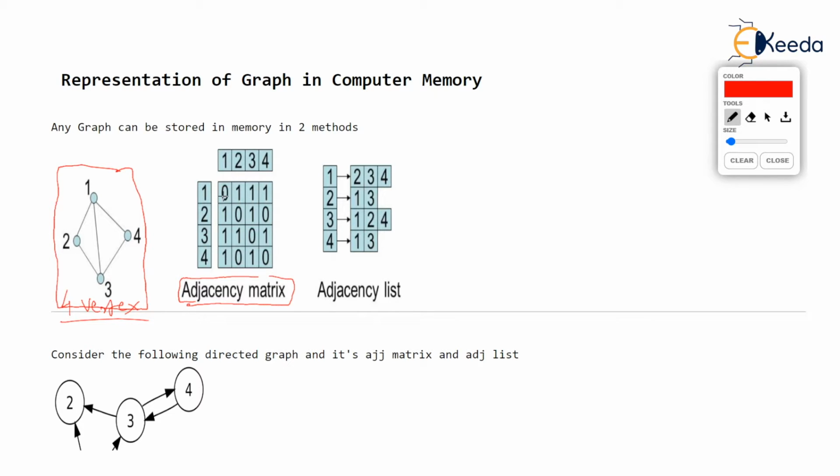Let's see. Let's fill in this matrix. I will overwrite these elements. Let's question what should be the value of 1 1, first row, first column. Let's ask, is 1 adjacent to 1? Now, what do you mean by adjacent? Vertex is adjacent to other vertex if there is an edge between those two vertices. So we say vertex 1 is adjacent to vertex 2 because there is an edge from 1 to 2. But vertex 1 is not adjacent to vertex 1 because there is no edge between 1 1.